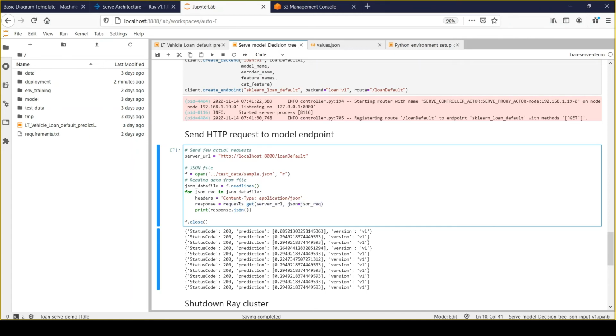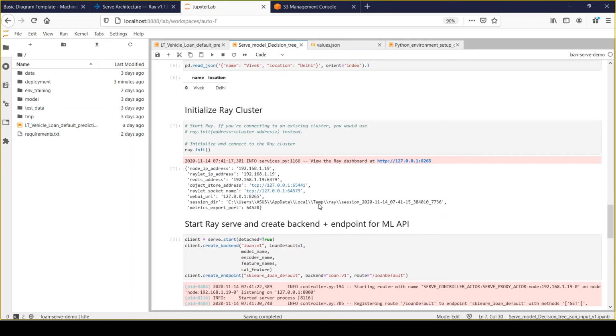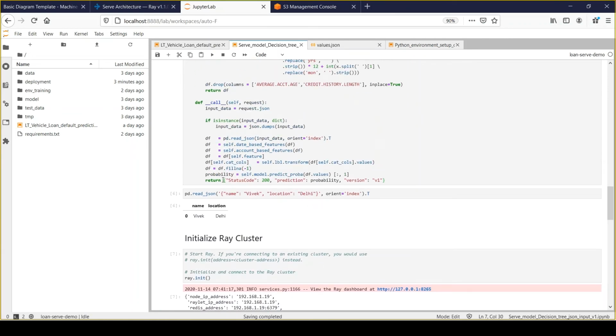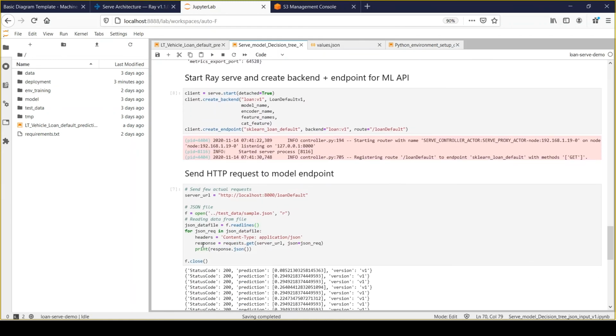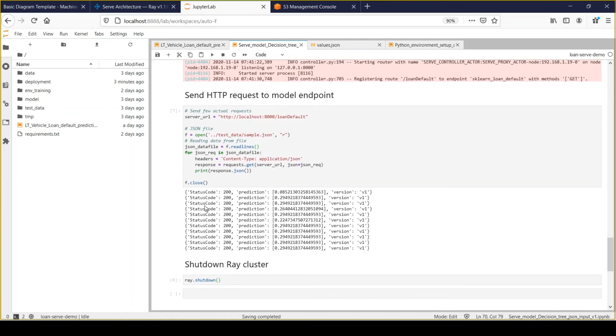And once we perform this operation, it will hit my ML API which has been deployed at this location, and it will return a response back. This response would be returned after performing a prediction back to the consumer, and I'm simply taking that response and printing it as a part of my result. So that's what this statement will do.